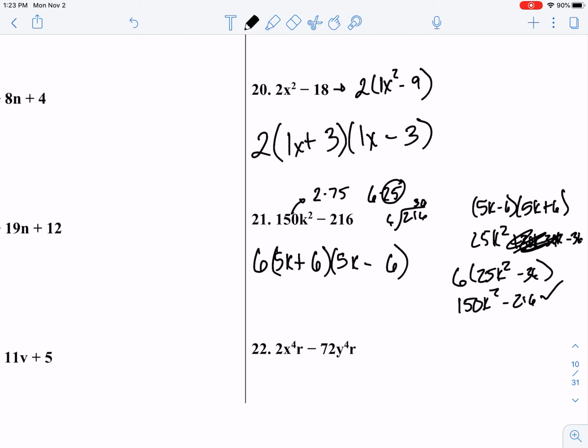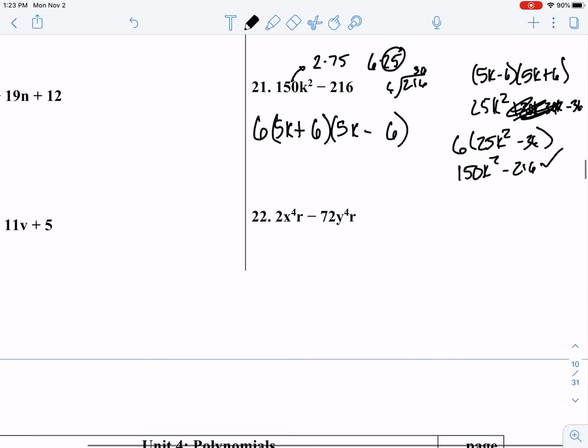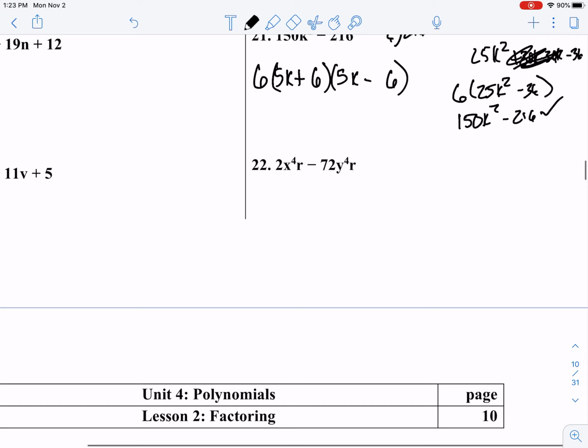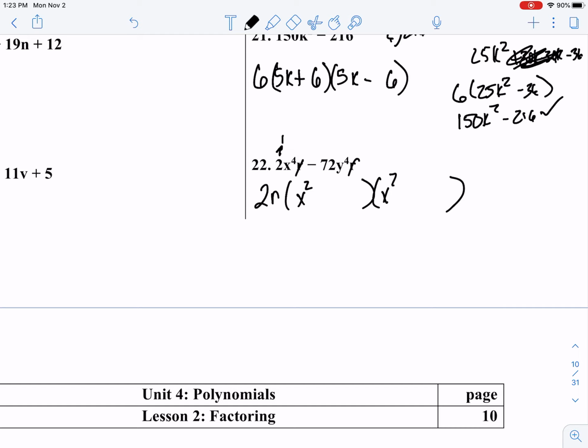Again, a little complicated if you don't have perfect squares. Now here goes something else. If you have exponents, they must be divisible by 2. If not, you got to pull them out. So I have 2r because what happens is now my a is 1. My r is no longer there because it's on the outside. X to the 4th is going to be x squared in front, x squared at the back,